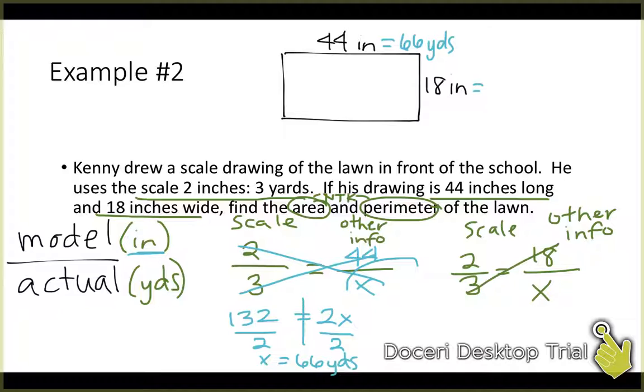I have 3 times 18 is 54, is equal to 2x. Then I'm going to divide by 2 on both sides, and I get x is equal to 27 yards. Okay, so my new dimensions